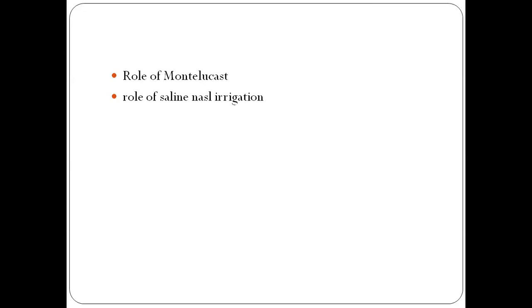As you already told, it clears the nasal mucosa and clears the allergens. Before giving any spray like mometasone or fluticasone, if you irrigate with a saline nasal spray, it clears the secretions and helps your corticosteroid to act.